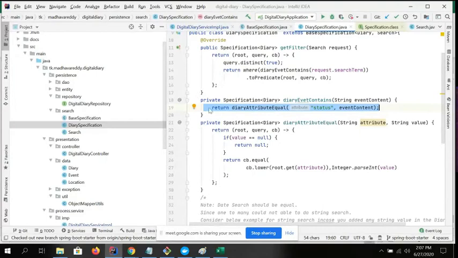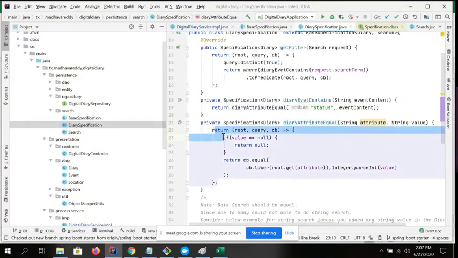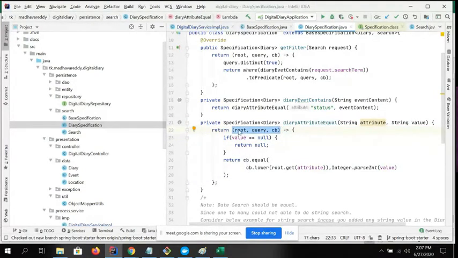I am calling this specification, and these are the parameters the specification will accept: root, which is the root class, query, which query you are going to use, and criteria, which criteria you are going to apply.